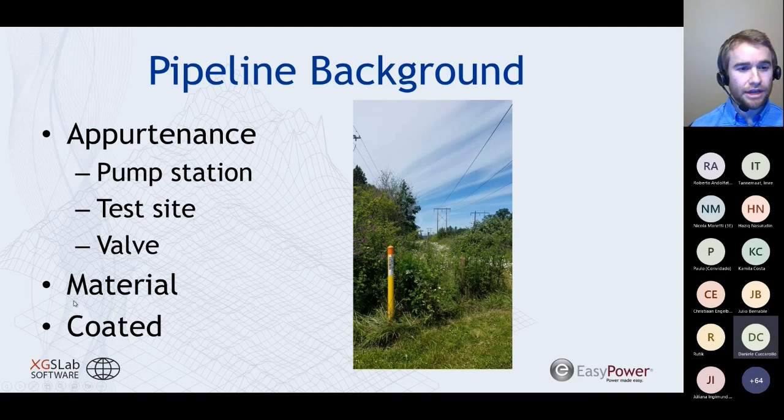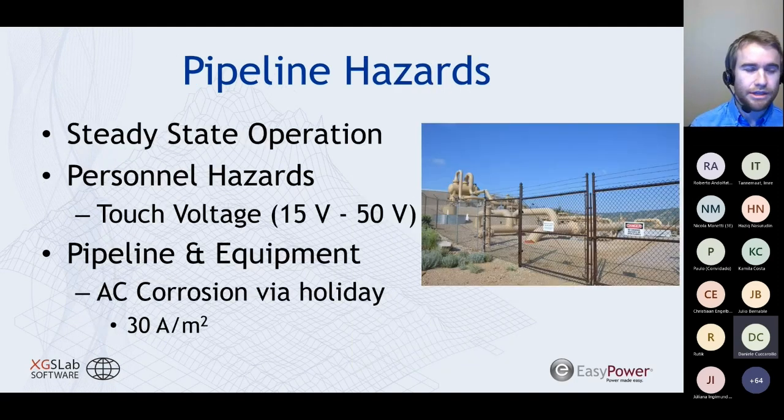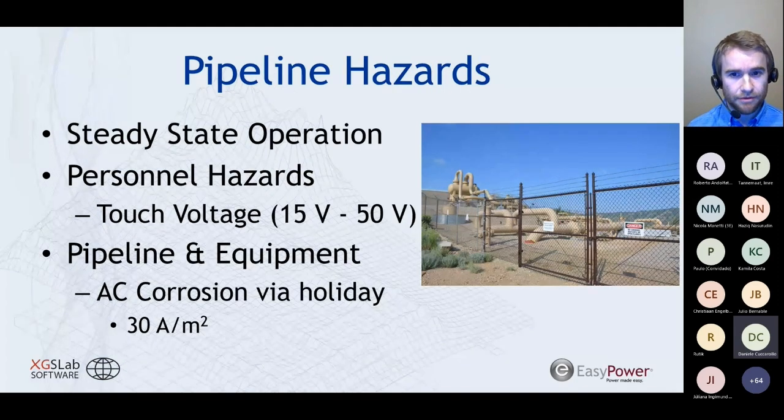We also want to understand the material of the pipeline, its diameter, and the thickness of any sort of coating material that you may have on there. Often pipelines have a protective coating to protect them from the soil and from corroding in that soil. The challenge is that that coating also allows a voltage to be induced upon it more easily. So that voltage that we'll look at for steady state operation for pipelines